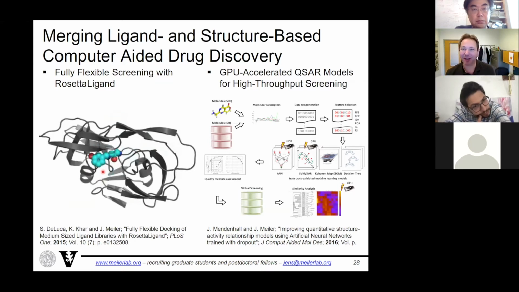Structure-based just means you have a structure of your target protein and you actually place a small molecule in there somehow. So this is Rosetta, and we see it designing small molecules in a fully flexible protein binding pocket. That's HIV protease. And so this is something that is Rosetta's strength, to design into flexible protein binding pockets.